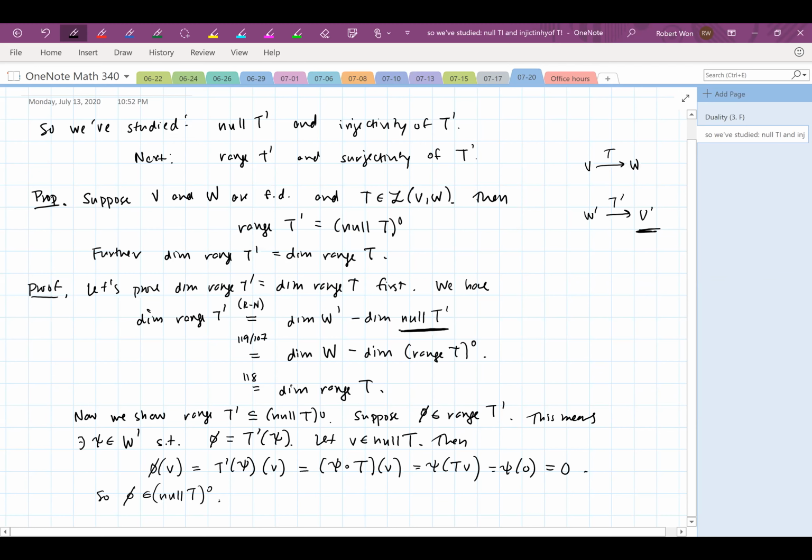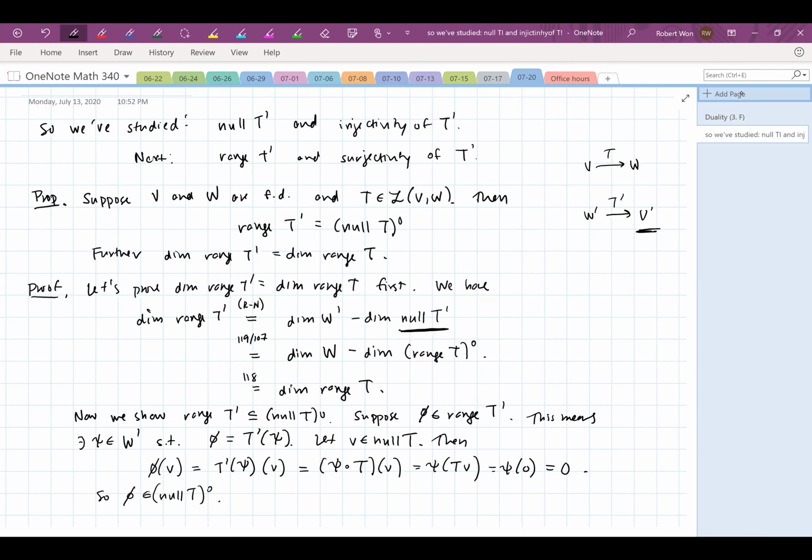Okay, so this shows this first inclusion, and I need to show that the annihilator of the null space is contained in the range of T dual. Or do I? So I said that we were going to use the second part to prove the first. Because now what we have is one subset contained in another. If I can show that they have the same dimension, then they must be the same. Right? This is another technique for showing that two subspaces are equal: show that one is contained in the other, and show that they have the same dimension.